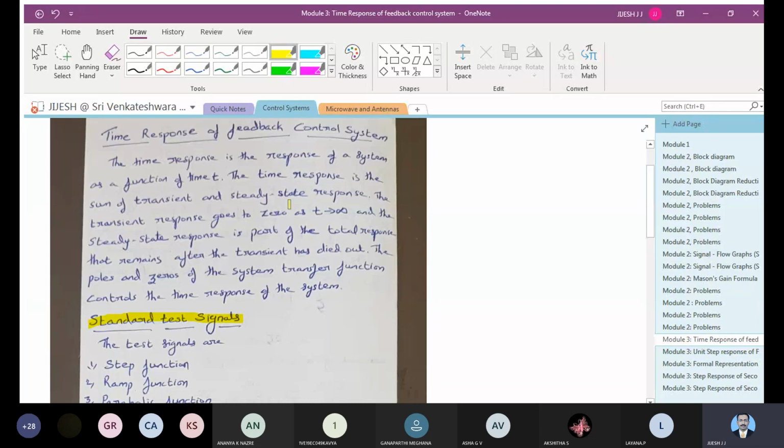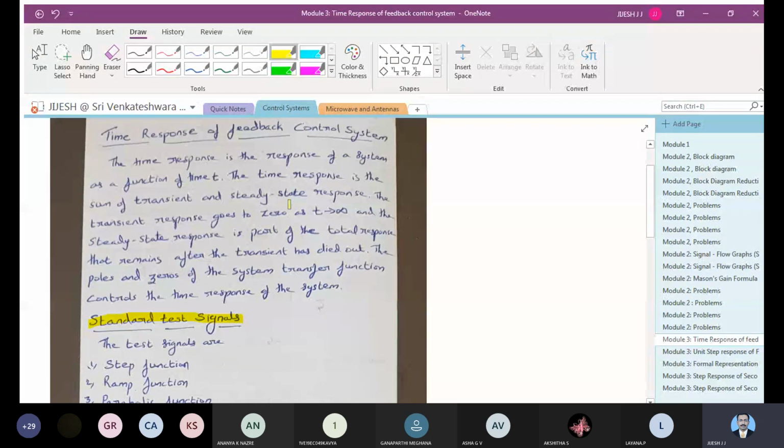So here our main intention is to find out whether the system is stable, and how much time the system takes to come to the stable state and all those things, as I have told you with the example of the pendulum. Like that, there are many things where once the system becomes unstable, it takes a particular time for the system to come to the normal state or a stable state.